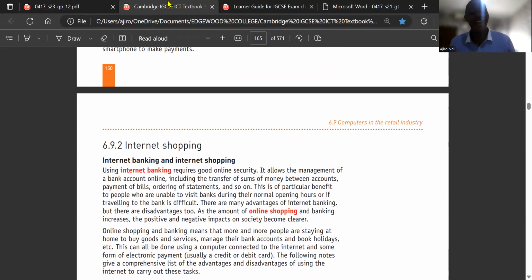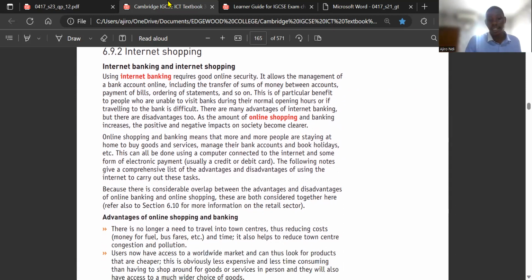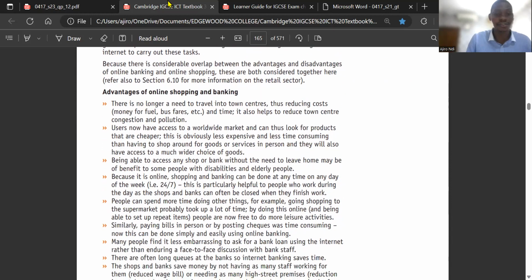Point to one topic. Okay, so it's a very, very long topic, but it's exciting. Literally, I see the application. I love it a lot because it's actually really exciting. So computers in the retail industry, and then we have the internet shopping, where we have the internet banking and the internet shopping, right? Of course, internet banking is carrying out transactions online, and internet shopping is when you're trying to buy goods online, okay? And the advantages here, trust me, is,